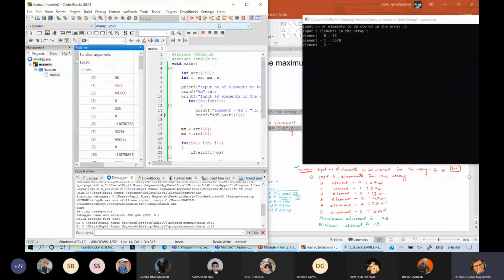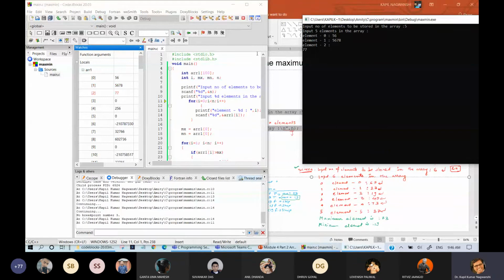Okay. Now I am going to perform the next step. Now the next step will ask for some value on the screen. And then on the screen, I put some value, 77. Suppose 77 will be there. So now 77 will be stored and again the for loop will be here. Inside that for loop we are running. Now come to next step.